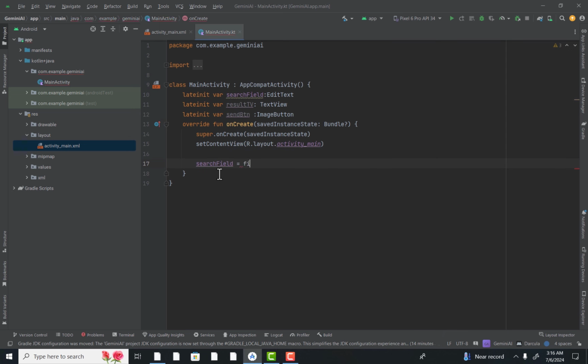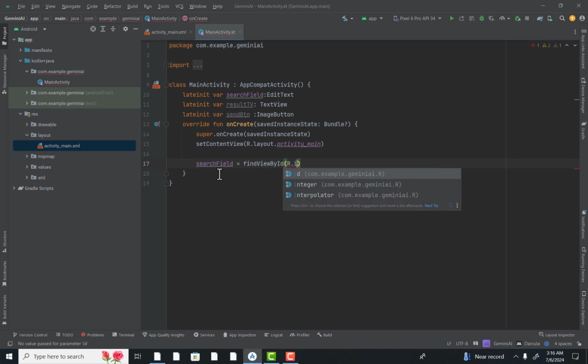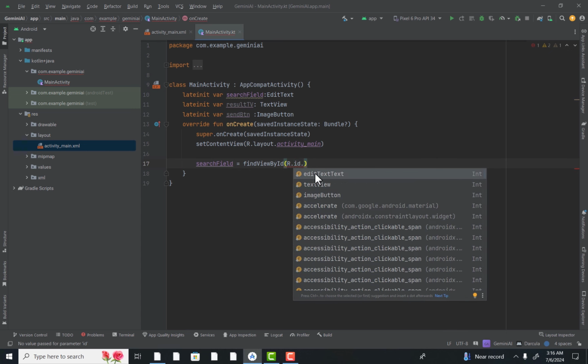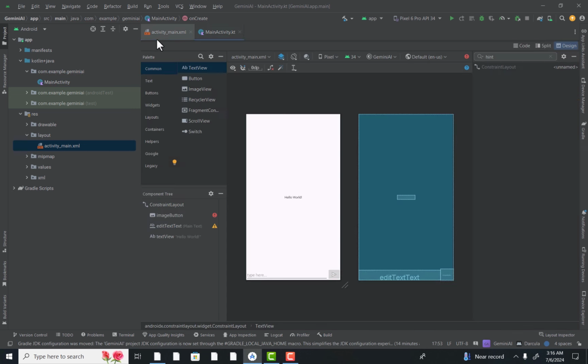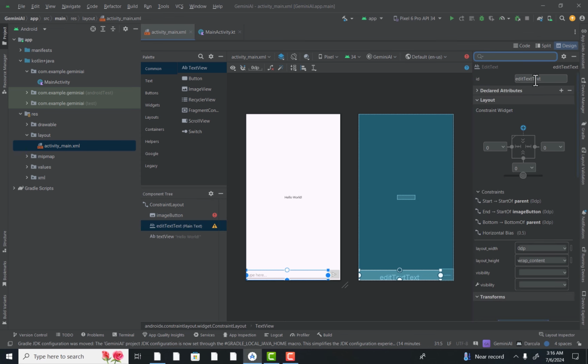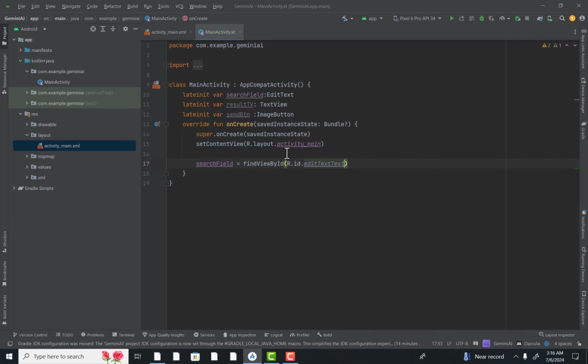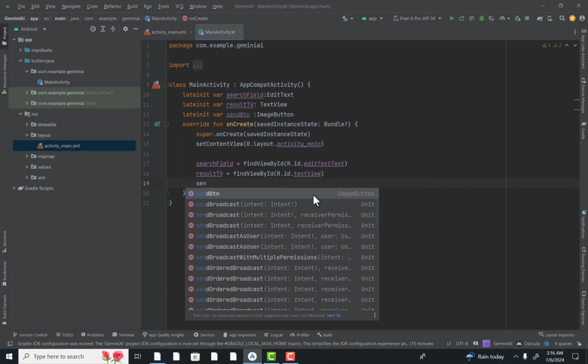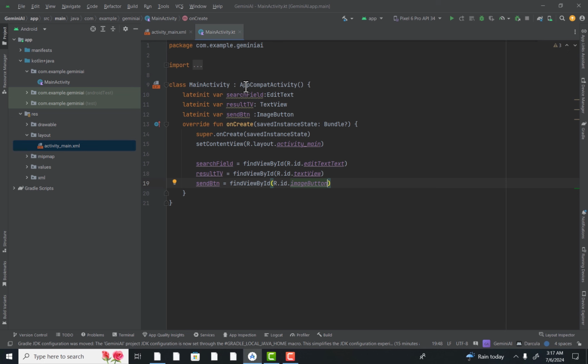So to initialize it, we are going to call findViewById and pass the ID of this text field. And that ID is this edit text. So here you can confirm it that the ID of this edit text is this word edit text. So let's remove this hint and there you can see the ID. Similarly, we are going to do the same thing for the text view and the button. So there you can see we have declared and initialized all three views or widgets which we added inside our